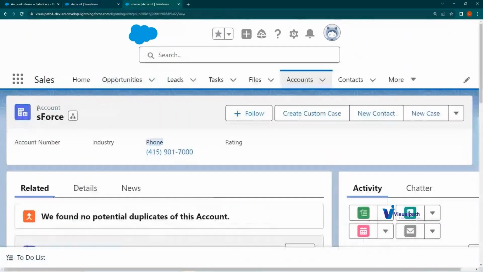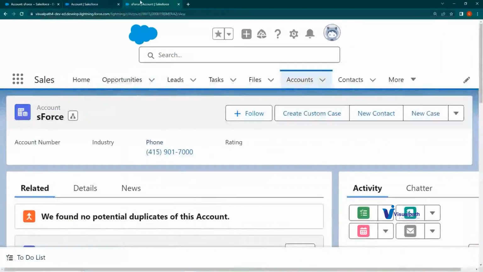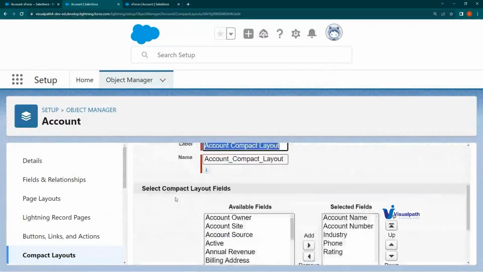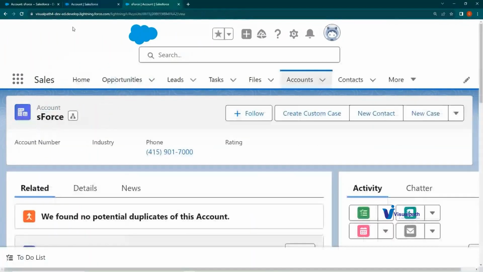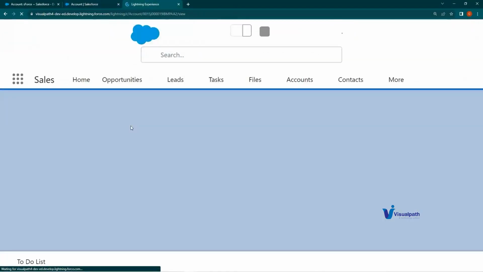Now instead of account name, if I want the phone number to be on top, just for our understanding purpose, let's see if it happens or not. So I will just click on this phone and use this up button. You can sequence it as you want. Now I saved it. Now if I just refresh this page,